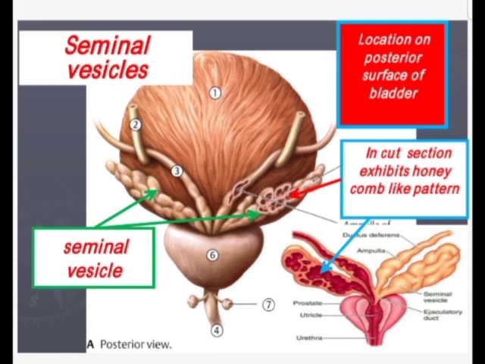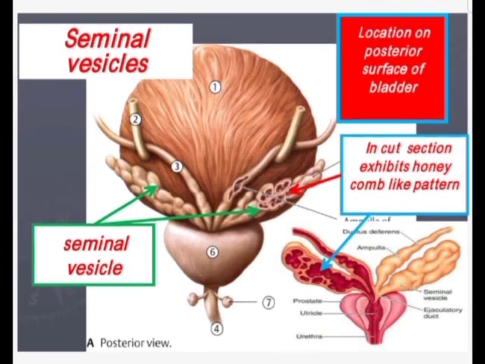This is a 15 centimeter tube, and when we see its cross section, we will find that this tube is made up of three layers: the mucosa, muscularis and adventitia, and the mucosa is thrown into these complicated folds. The primary folds of the mucosa branch into secondary and tertiary folds. The lining epithelium is of pseudostratified columnar variety, and beneath the epithelium is present a lamina propria of loose vascular connective tissue, rich in elastic fibers.